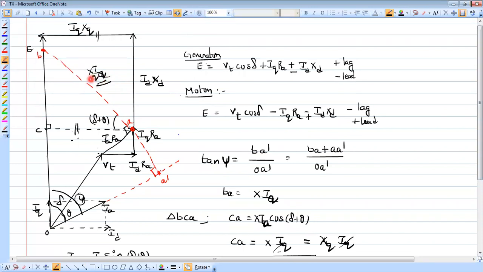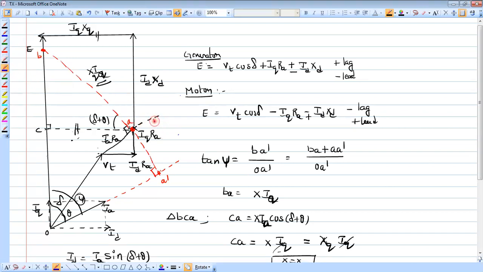Okay, IQ into XQ, this one. And what about this distance? This distance is equal to this distance, right? So it is the opposite side of this triangle. Here, with respect to VT as hypotenuse, we got one more right angle triangle. From this side, it is VT sine theta. Why? Because this side is the opposite side. Here we have an angle theta. So it is sine theta, hypotenuse VT sine theta.